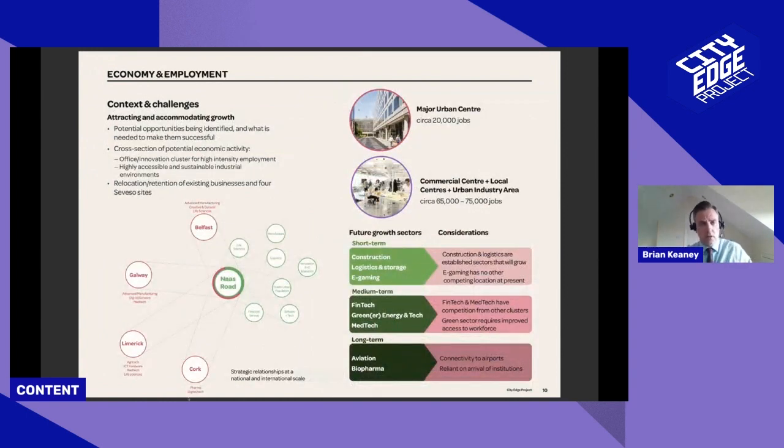So just looking at the whole issue of employment. There's a big issue here about attracting and accommodating growth into the area, and not only that, but also getting a good cross-section in terms of employment use. I mentioned the fact that you have existing businesses there and we want to retain them. And if there's a requirement for relocation, we want to get a handle on when and how that might happen. We're also aware of the 4 Seveso sites in there and the challenges associated with developing those locations or adjacent to them. And again, the City Edge project, as we've named it, has to play its part,